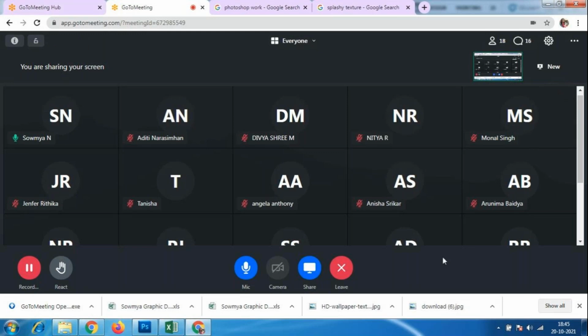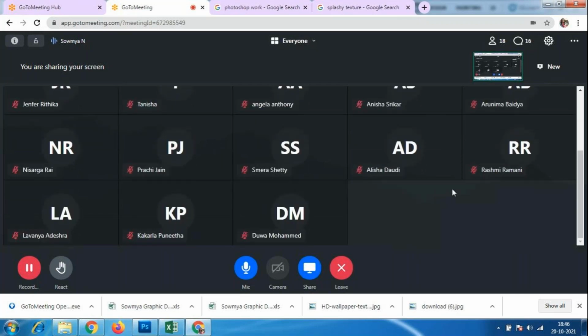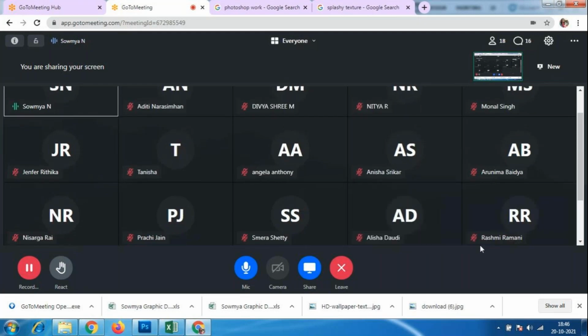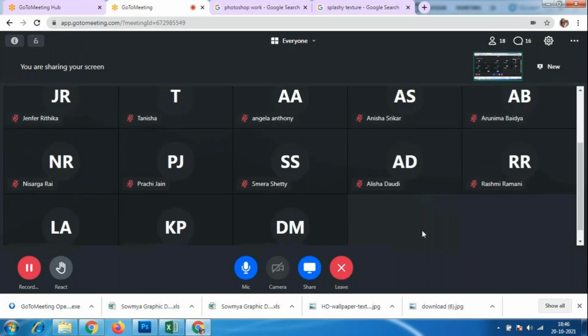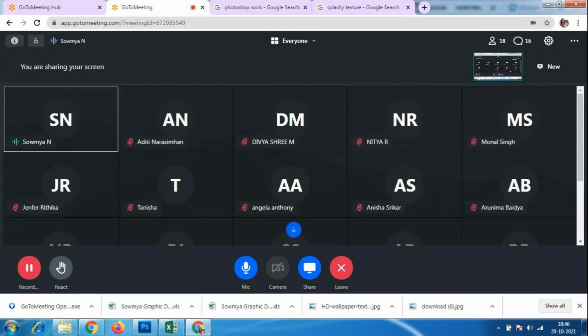Okay. So please don't send me separately, in the group only. Please send me whatever doubts you have in the group itself. Okay. Rashmi Haridas, she's not there today also.